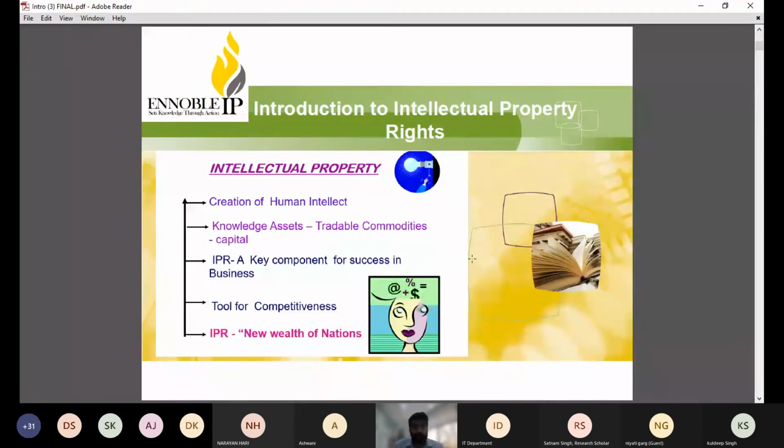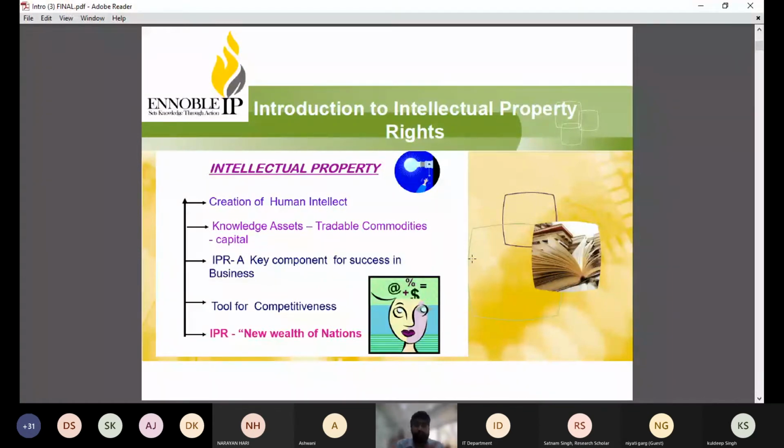So let us start with the basic introduction: intellectual property rights, what it means as a term, as a definition. As the word says, intellectual property. I hope many of us might already know the terminology, assets. Assets means all the things that we possess. Now we have two types of assets: tangible assets and intangible assets. Tangible assets are those things which we can touch and feel, and intangible assets are those which we cannot touch, for example our ideas and our creative work. Whatever things have been generated from our mind, from our intellectual acumen, with whatever knowledge we possess, those are our intellectual property, or we can say intangible assets.